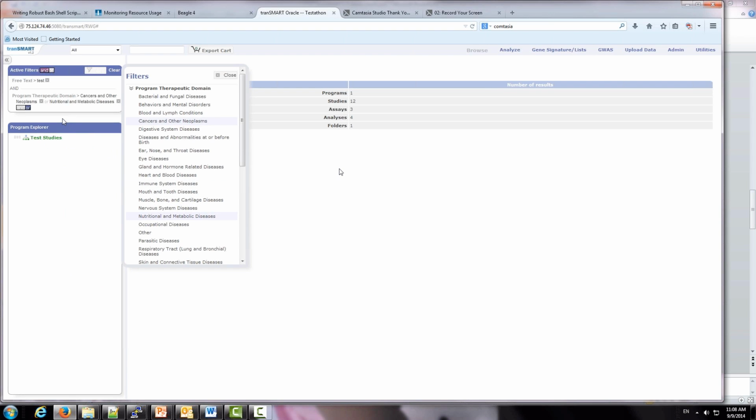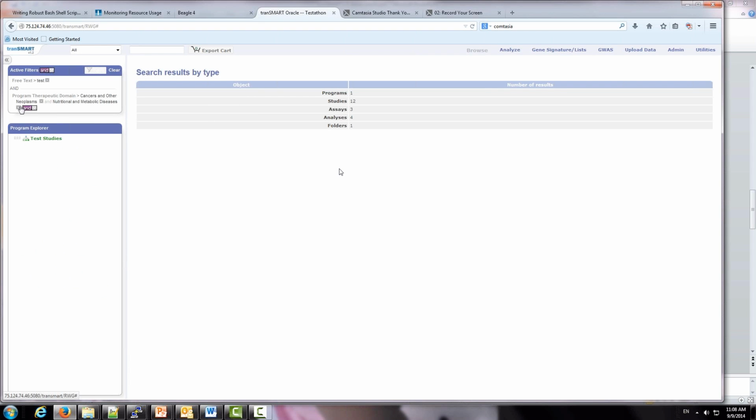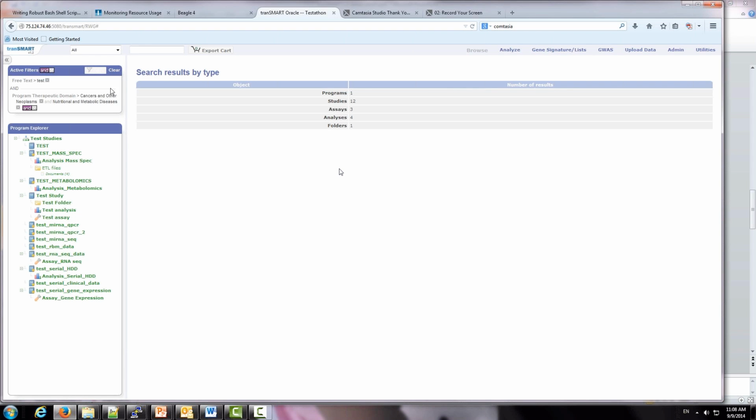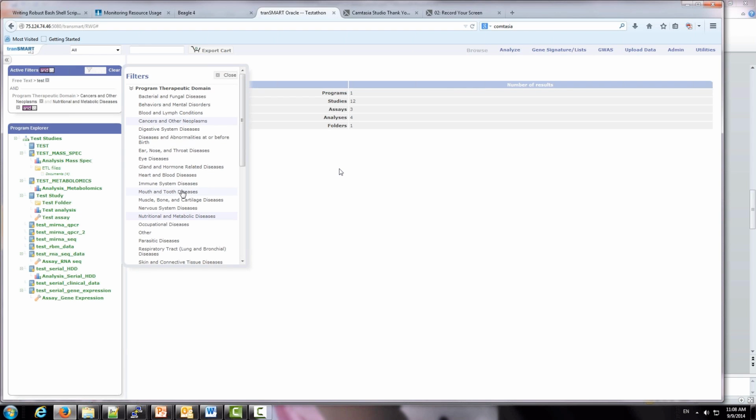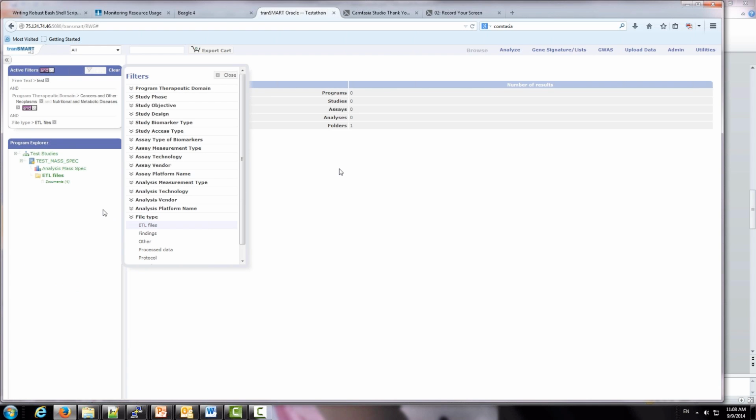And so there is a folder under the assay node, and the folders can be a place to save files. Here there are 3 files, and users can add or delete files. Notice that right now in the export cart, there's only